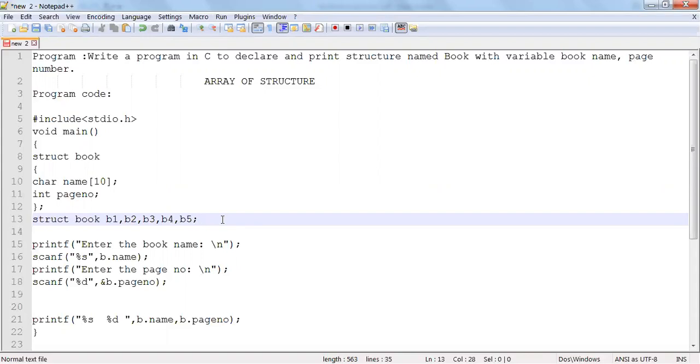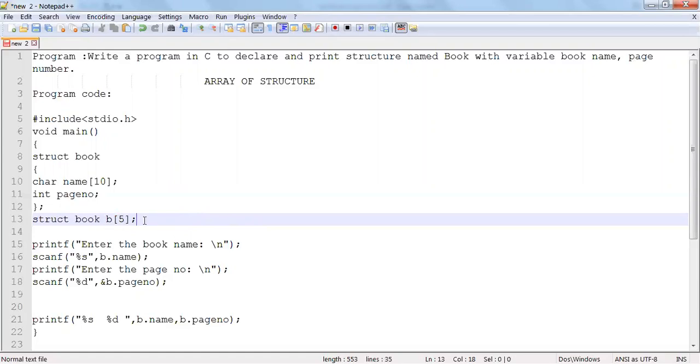How can we deal with this kind of real situation, if there are 1000 books and many more? So what is the solution? Rather than writing 100 or thousands of variable names, we can use the array. So rather than writing five variables, let's take a single variable and create five.